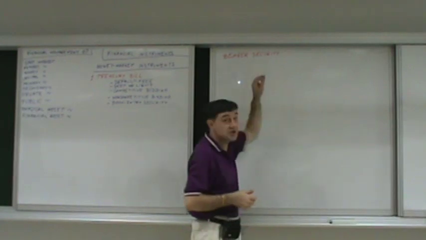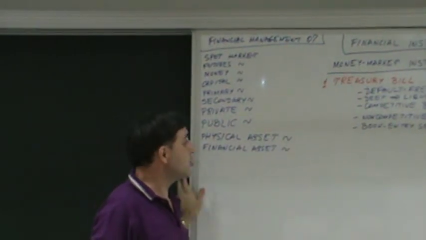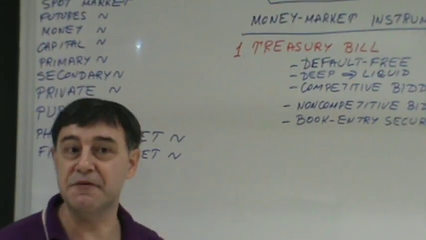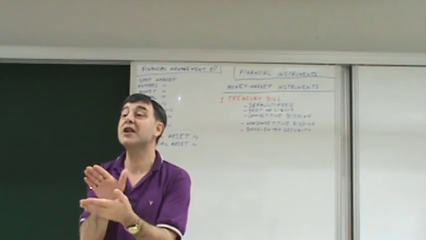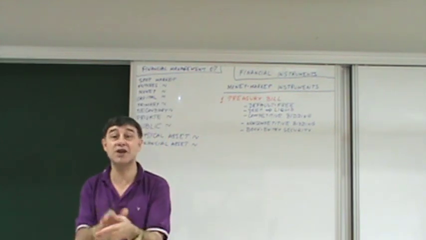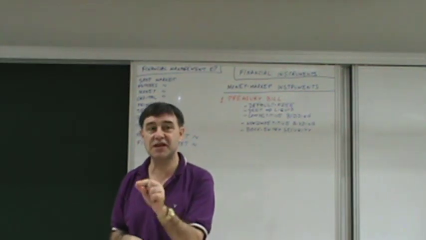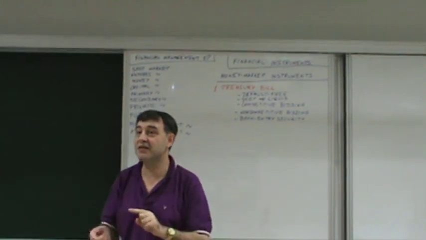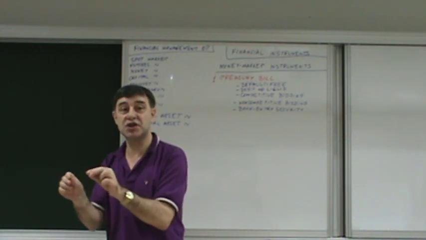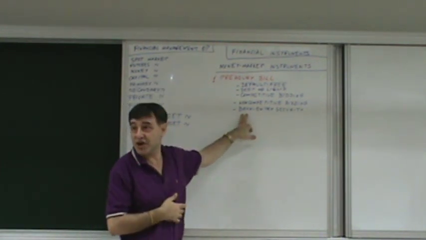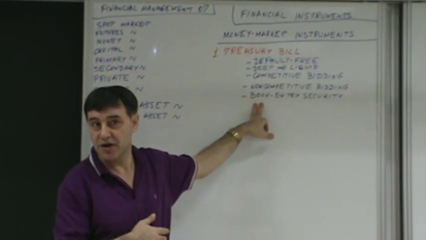That's the bearer security. The alternative security is called book entry security. In a book entry security, it is a financial instrument, but it does not have a physical document. It is only recorded on the computer. Back in the old days, only on the books. And the books have your name, have every single name of every single investor, and whenever there is a buy or a sale, the name changes for that particular security in the actual Treasury, or the bank, the financial institution which handles the transaction for the Treasury.